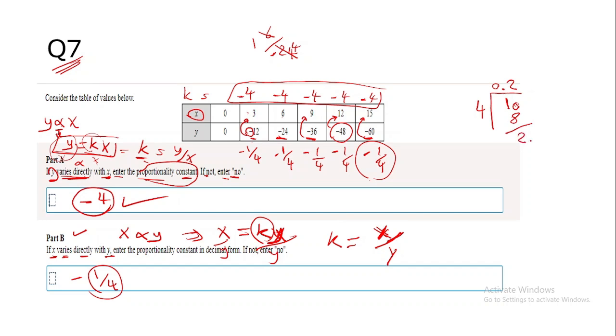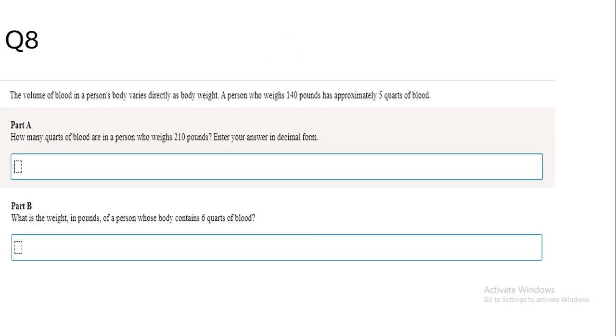As I have a decimal point, I can add 0 here, so 20 divided by 4 is 5, 5 multiply 4 is 20, so the answer is 0.25. Negative, of course, don't forget the negative again, or negative 1 over 4. Okay? This is the answer for this question. Now let's see